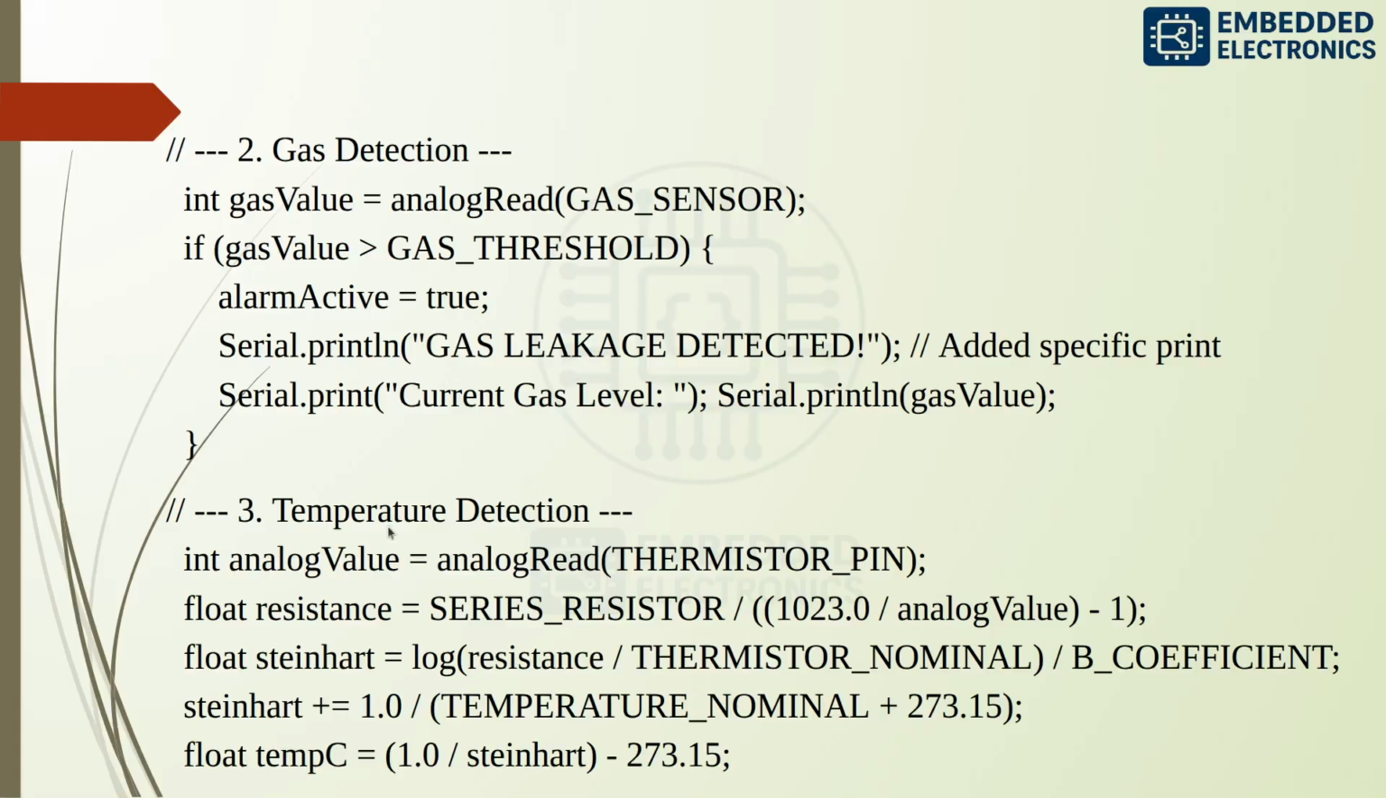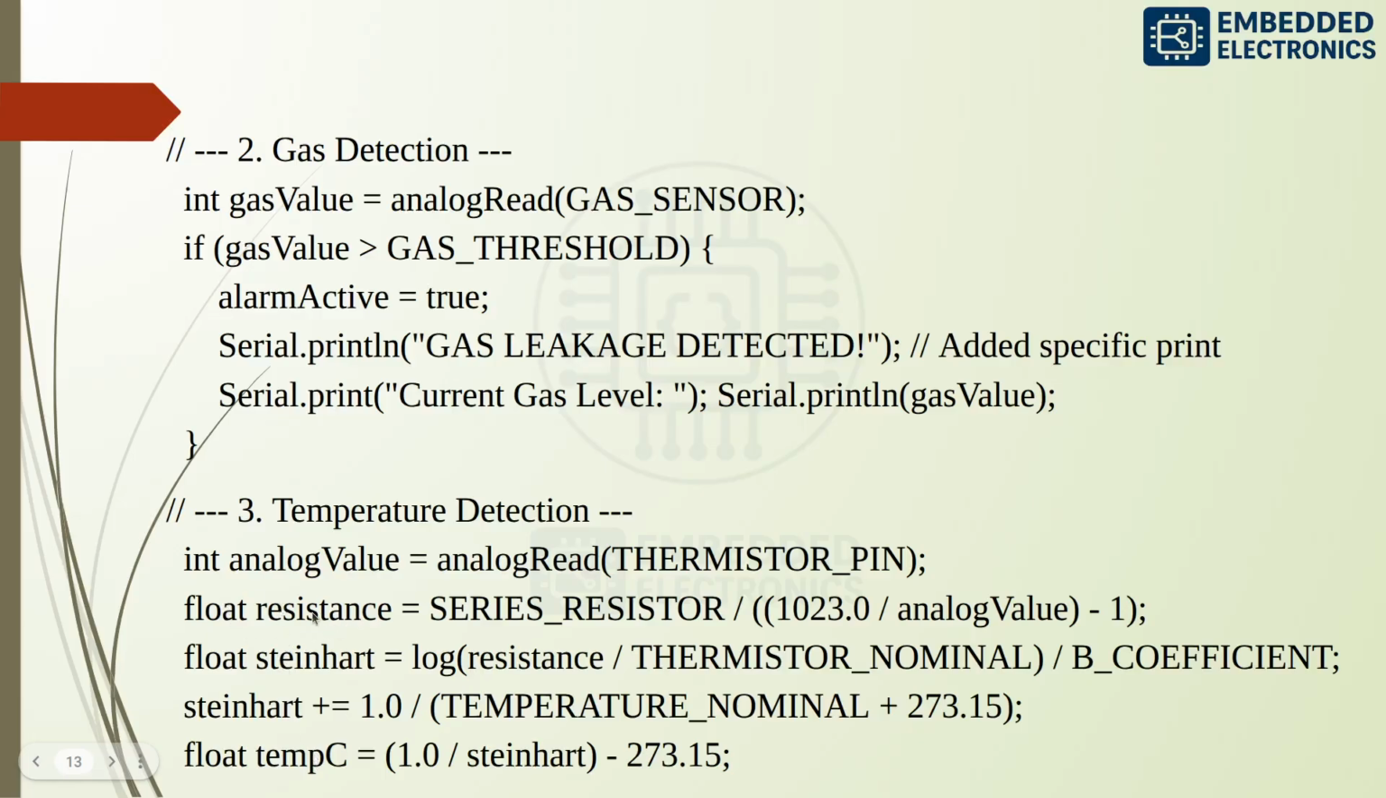And next is the temperature detection. It reads the thermistor value. So here you can see the thermistor pin. Here we use a mathematical formula, the Steinhart equation. It is used to convert raw electrical resistance into Celsius temperature. Here you can see,